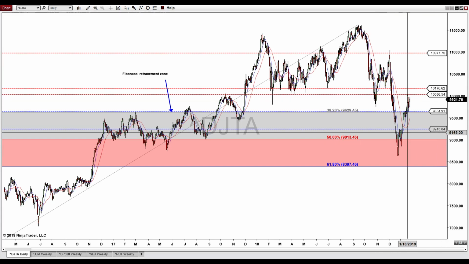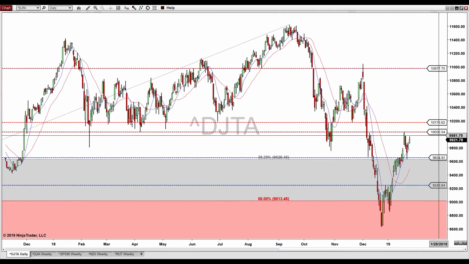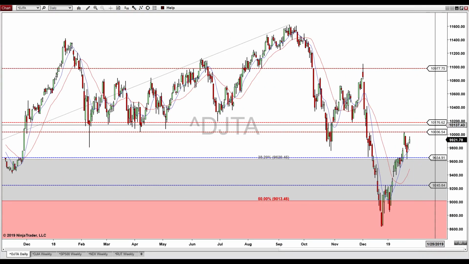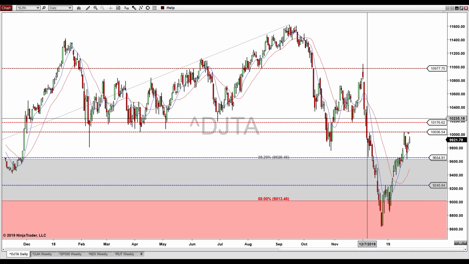I'm still looking for it to come up and break this resistance at 10,036.54, and head toward 10,176.62. Then maybe we see a little bit of a chop here, and see whether it can break out and move toward 10,977,